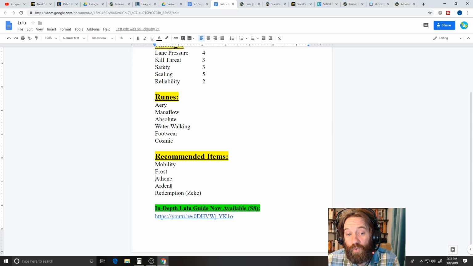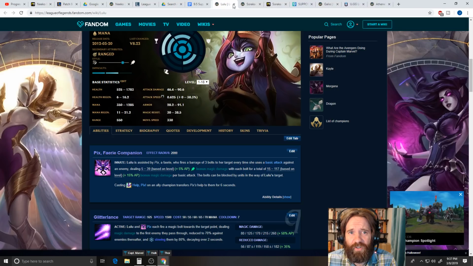You could make a really good argument for going Ardent on her, though, just because the extra attack speed works really well with her pix. So if anyone's going to rush Ardent as a first item, Lulu would be the person. But Athene's is still really good. She's also not as much of a mana hog because you don't spam her abilities. You kind of wait and react with her abilities more, so...